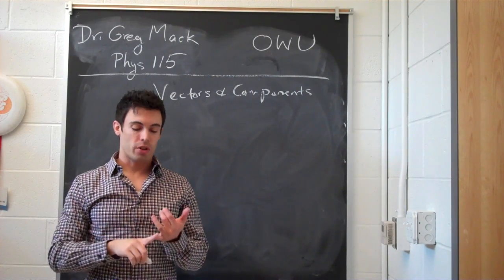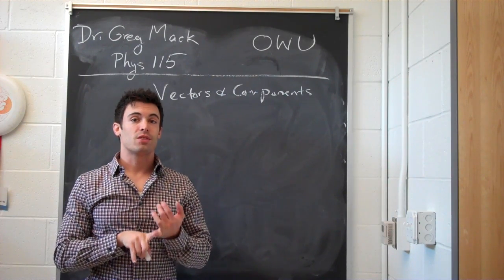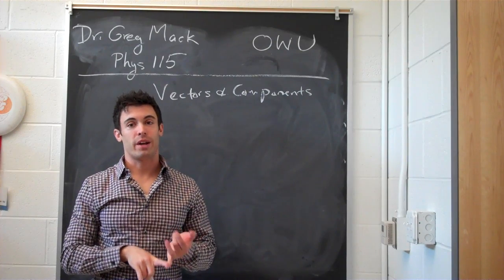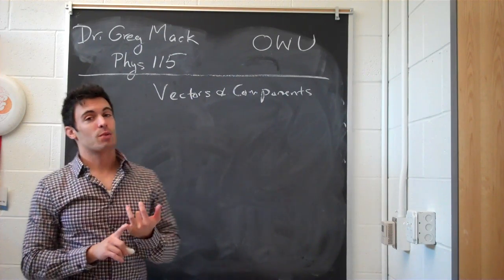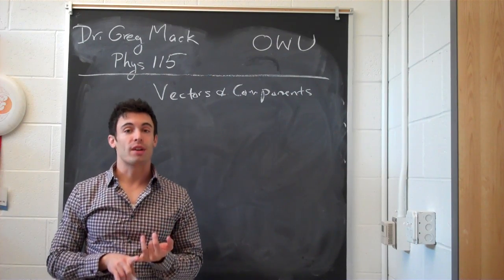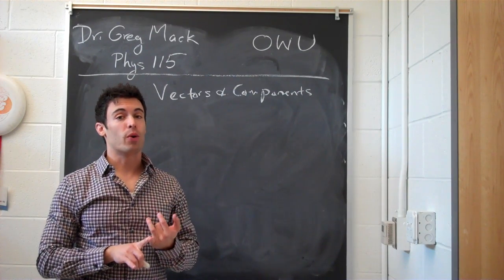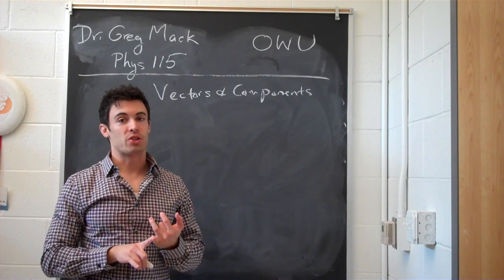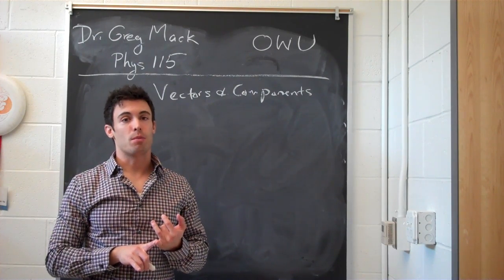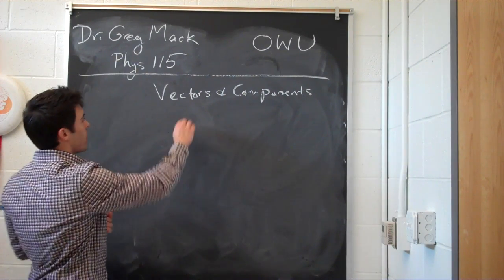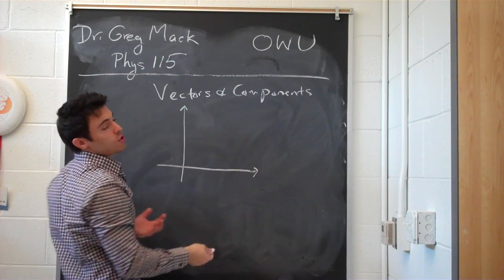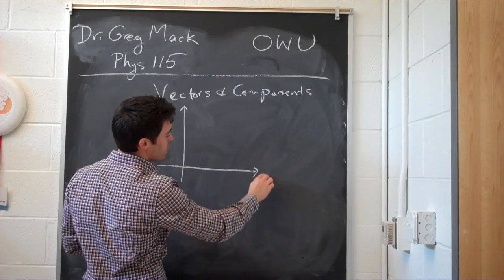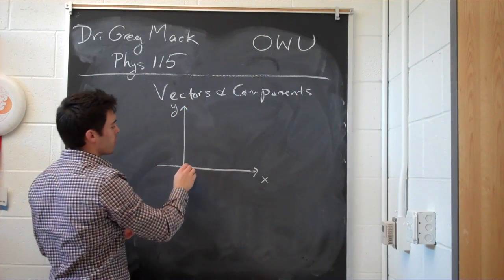Today in class we started talking about motion in 2 dimensions, which is much more complicated than motion in 1 dimension. And that means that we had to talk about breaking vectors down into components of specific 1-dimensional things in order to talk about them in 2 dimensions. Because if you have some, let's use length for right now. If you have some length